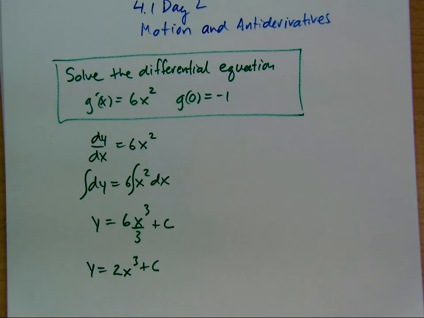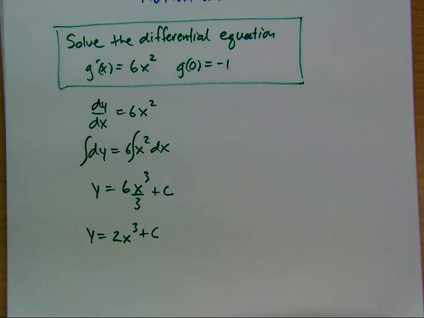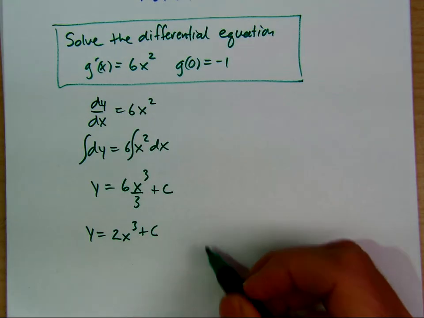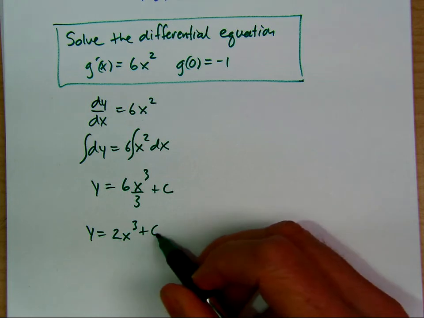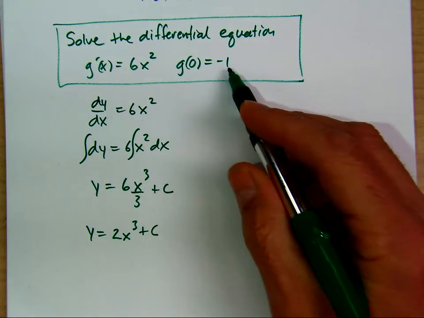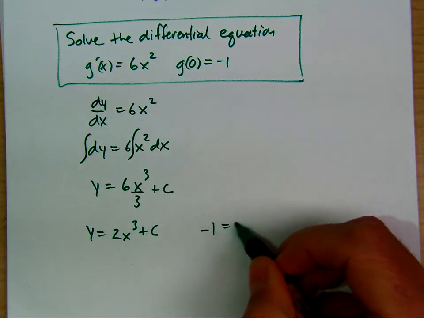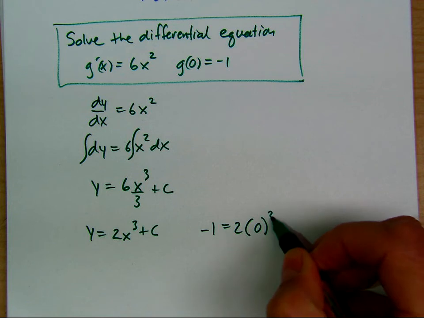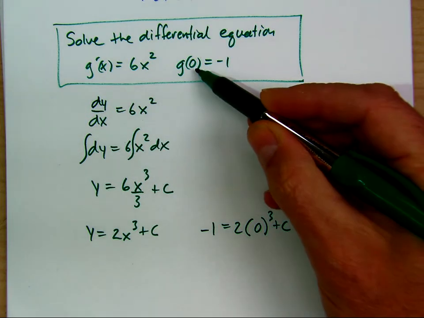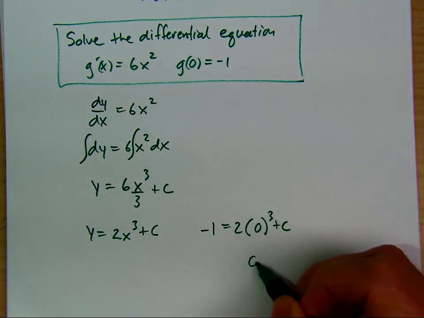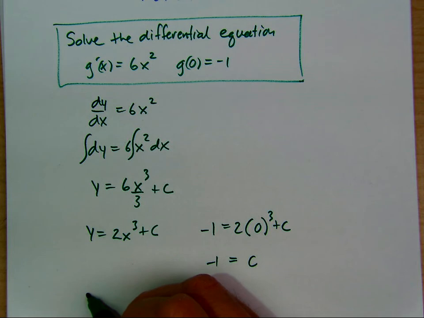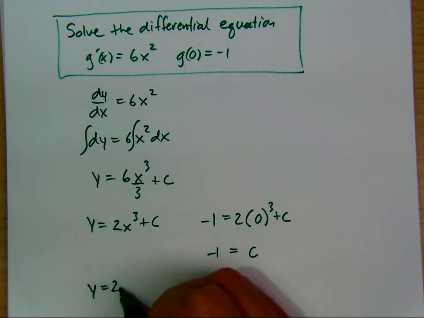That's the general solution, and then we find the particular solution by solving for c. So the y value is -1, x is 0, the x value is 0, and we have c equals -1. So the particular solution is